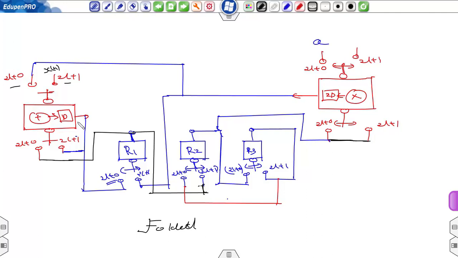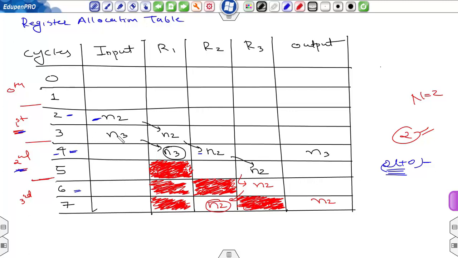So the output of adder is connected to the input of register at 12 plus 0. Okay, and in the next cycle N3 is generated and it is shifted to R1. So N3 corresponds to a multiplier. So now in this case, the output of multiplier should be connected to the input of R1 at instance 3, that is 12 plus 1,